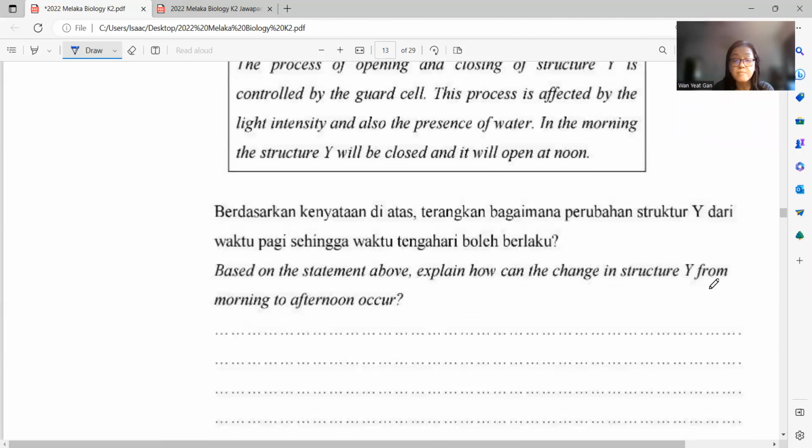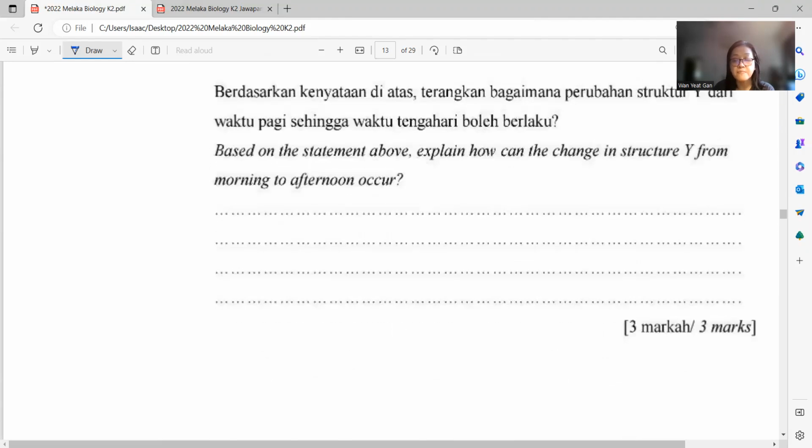Based on the statement above, explain how the change in structure Y from morning to afternoon can occur. Okay, so here we want to explain the process of opening and closing. Here it is from morning to afternoon, that means the opening. So it's the process of opening of the stoma. So when the light intensity increases,